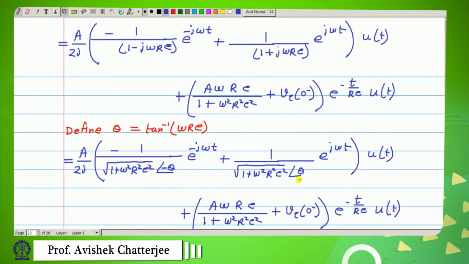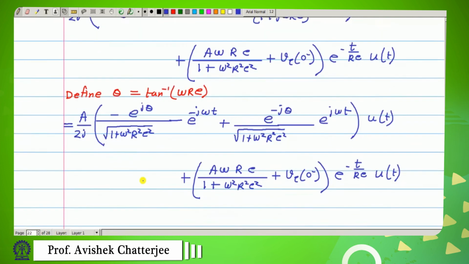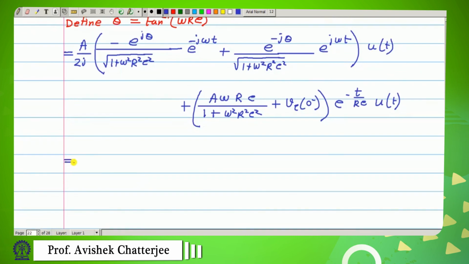Now this theta downstairs can be written as 1 angle minus theta upstairs, or you may write this as e to the power minus j theta. In the same way, this minus theta downstairs can be written as e to the power plus j theta upstairs. Okay, so now this is equal to a by 2j, and this denominator is common, 1 plus omega square r square c square,